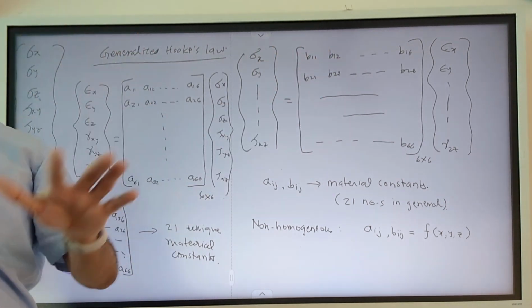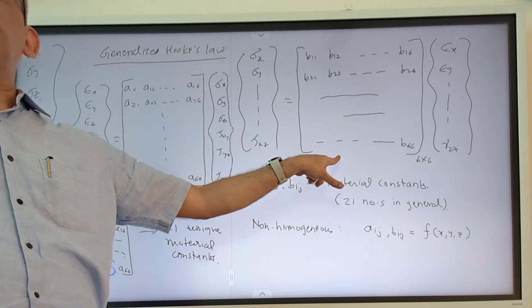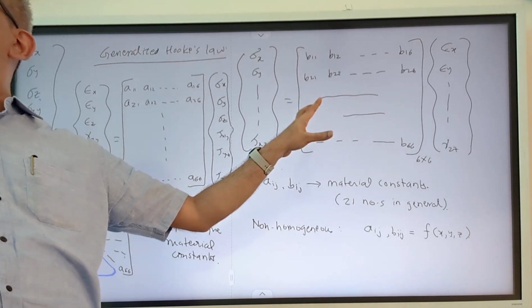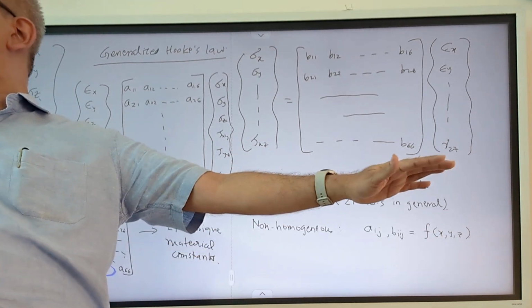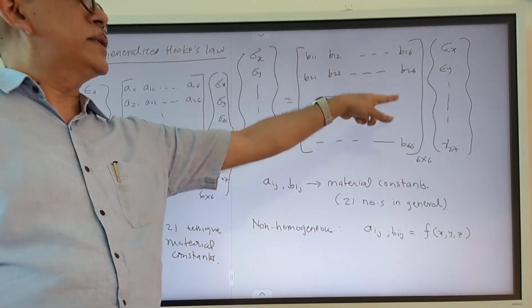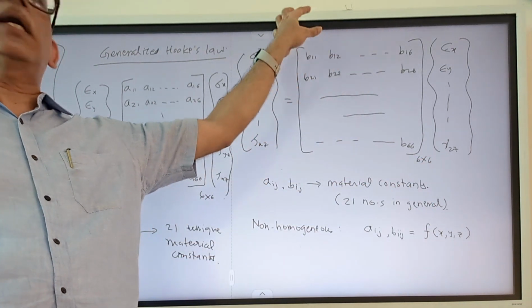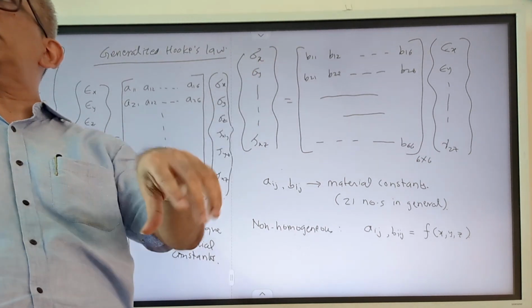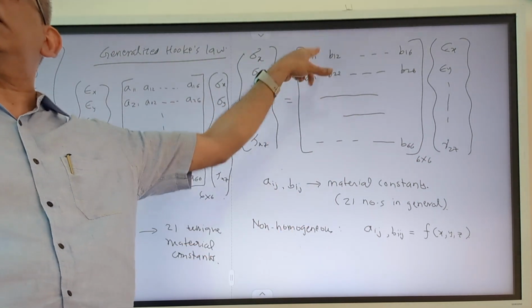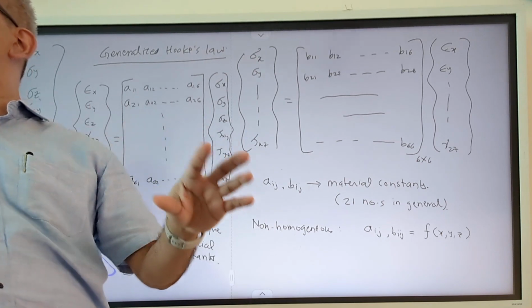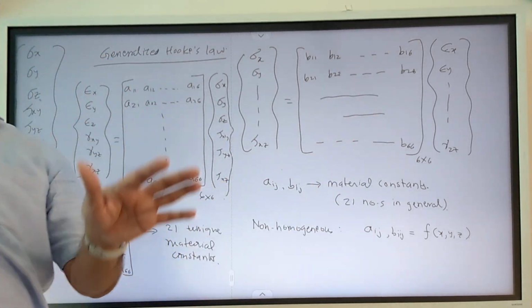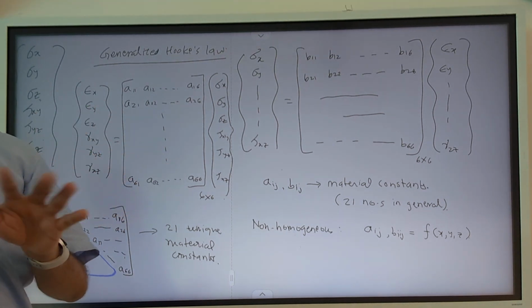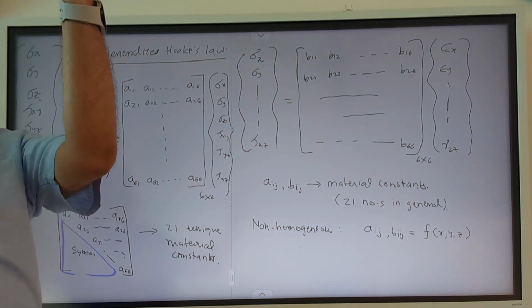So in general, it can consist of material constants if the material is homogeneous, but if the material is non-homogeneous, if the property changes with respect to location, then these constants are no more constant, but each of them will be a function of location. So the modulus of elasticity will change at different locations and so on. For us, this is only exposure to what could be a generalization of any material.